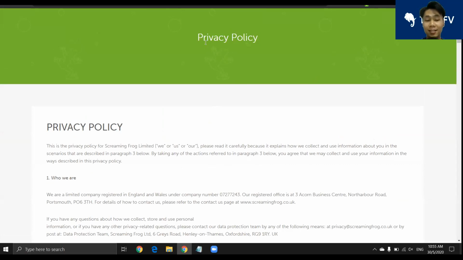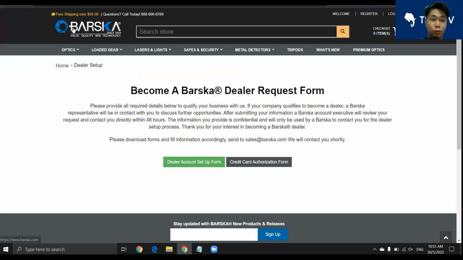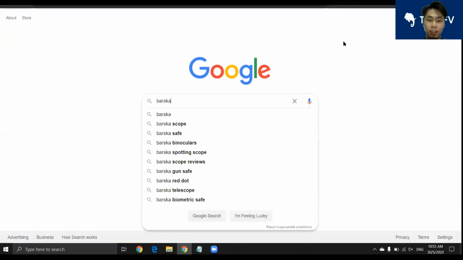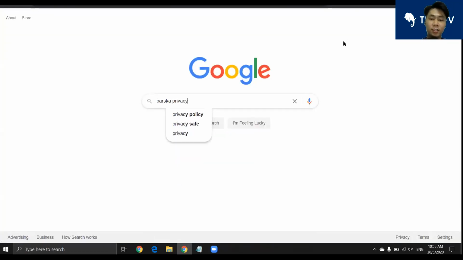Now, this doesn't necessarily serve any value when it comes to Google, because nobody will be typing in your brand, say for example Barska, privacy policy. Okay, maybe one or two weirdos, but